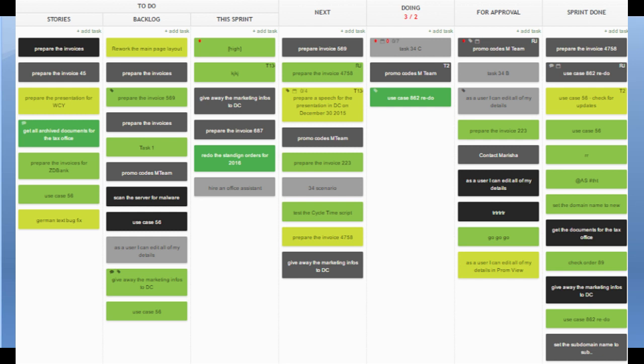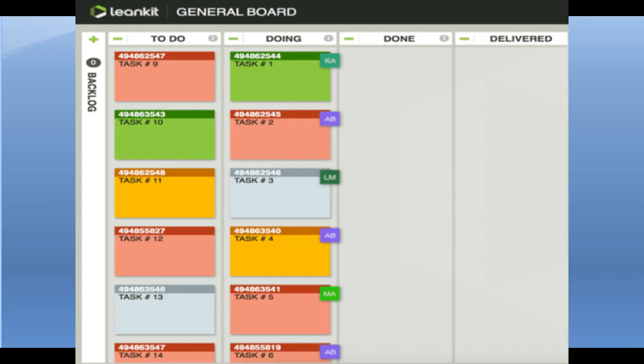Burn down chart and burn up charts. We know burn down chart means the work which is remaining, and burn up chart means the comparison between the actual and the plan. So basically these charts are also very important, and nowadays these charts are easily available and electronically created in software